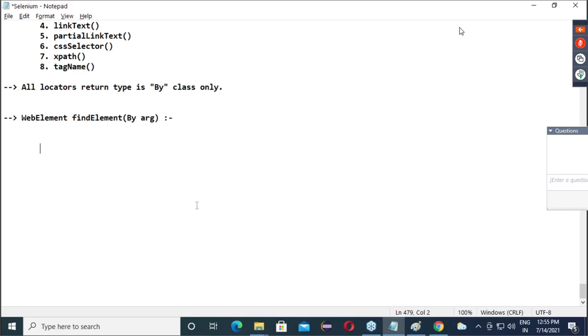It will only identify, hey, this is the address of this element, and give that address to the findElement method. Then it's the findElement method's job to go into the HTML document, go exactly to that address given by the locator, catch that element, and give it back to you in the test script. Clear? Confirm? In an interview, don't say locator is informer and findElement is CID. That is just for our understanding. Got the point?